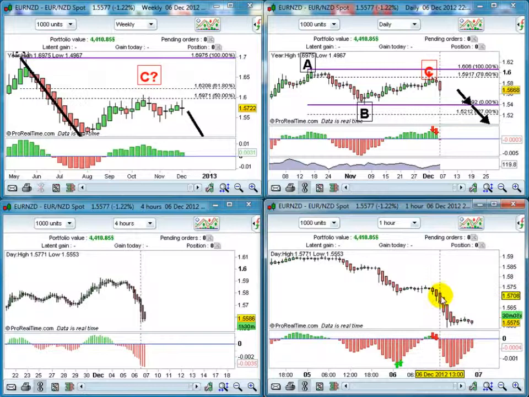So what we do when we have that 3M reading, which suggests a valid downtrend continuation, is that we